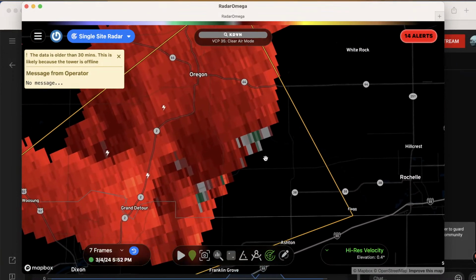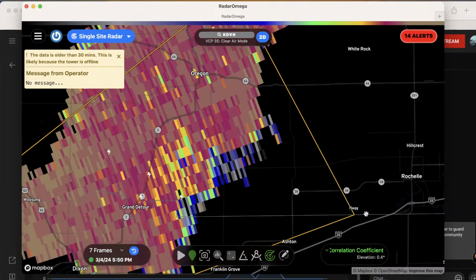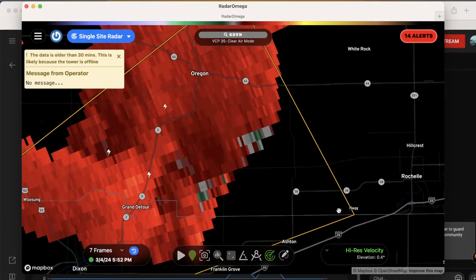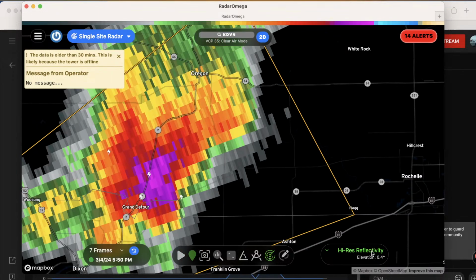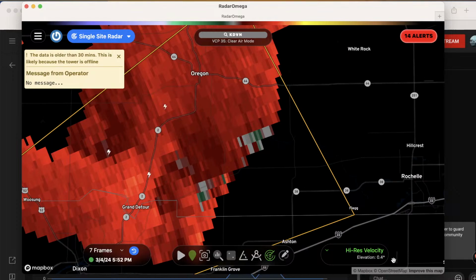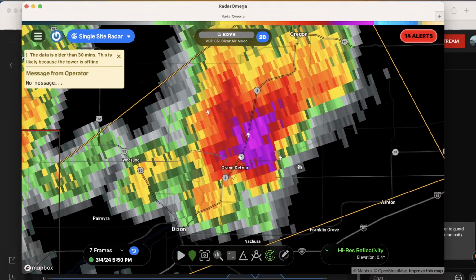I'm not sure. Is there a CC drop? It's kind of hard to tell with this one, because this might just be from hail. There was a lot of hail in this storm, and those are flying objects through the air. That might just be from hail. It's kind of hard to tell with this storm, unfortunately. Yeah, and it's a little bit off-center from the reflectivity. I don't know. There could be something there, but...